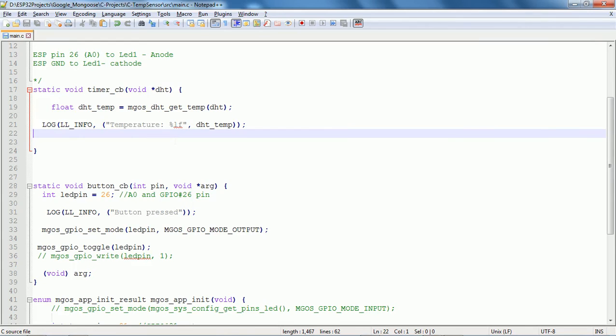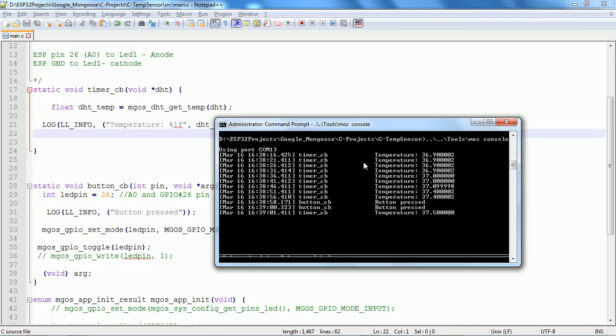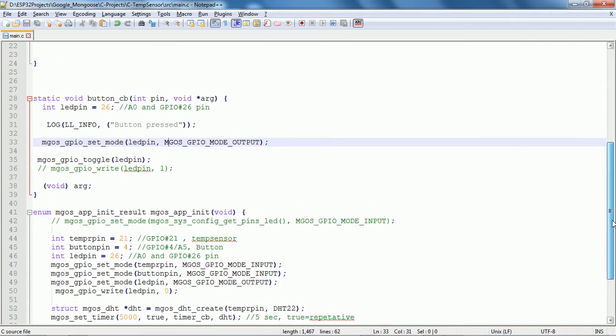Then apart from that, now let me press a button. I have already shown you in the video when I was pressing the button. That is part of the overall working. So I'm just pressing a button. So now you can see it is saying button pressed, and then automatically the LED will toggle. It will basically be on, off, on, off. Now you can see this. So simultaneously, when the temperature is also getting recorded, at that particular time button handling is also done. So this is about the button handling, which I just explained to you some time back.